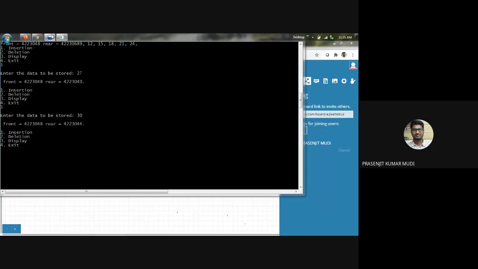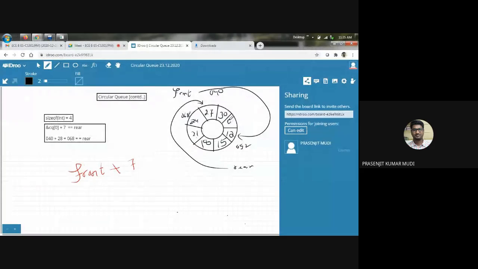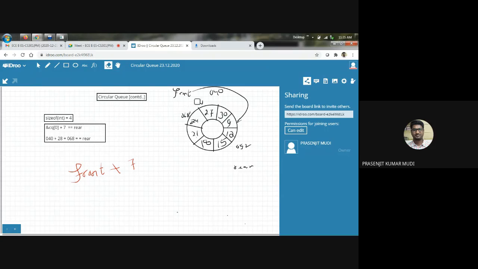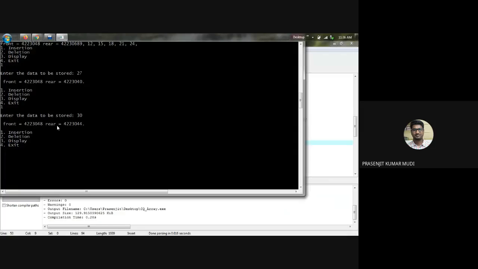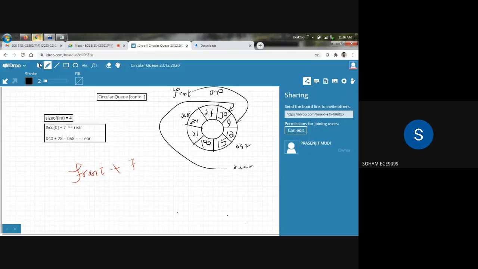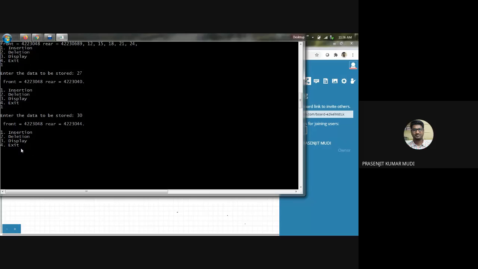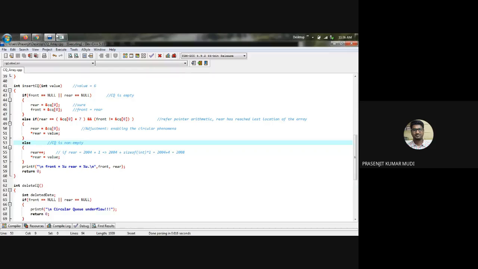ফ্রন্ট ইকুয়াল টু, ঠিক আছে, তাহলে একটা কাজ করি, এটাকে 9টাকে রেখে দিই। ওকে, তাহলে এই হচ্ছে সিচুয়েশন। আর রিয়ার হচ্ছে তোমার এই হচ্ছে রিয়ার। ওকে, তো এটা রিয়ার হচ্ছে তোমার 48, ফ্রন্ট হচ্ছে তোমার 52। স্যার রিয়ার তো স্যার 44 আর ফ্রন্ট 48। আমি যদি আবার অ্যাড করতে চাই তখন এটা কিউটা ওভারফ্লোতে চলে যাওয়া উচিত অ্যাজ পার দ্য পিকচার।